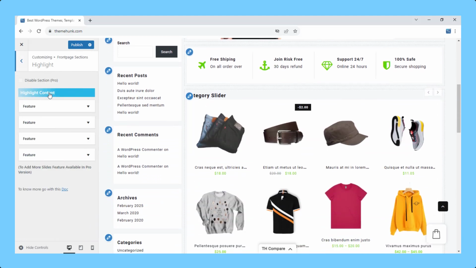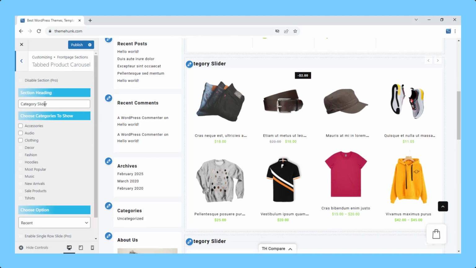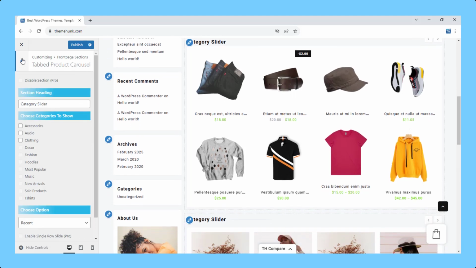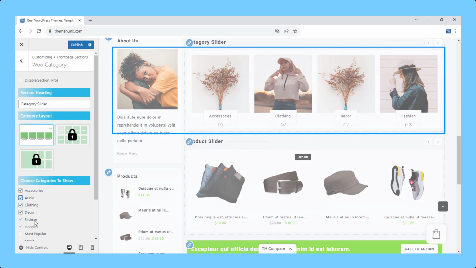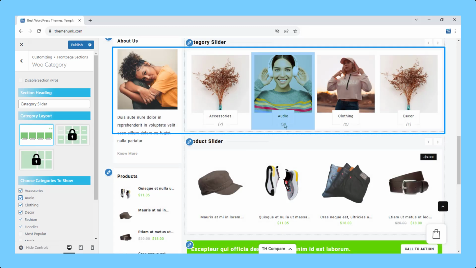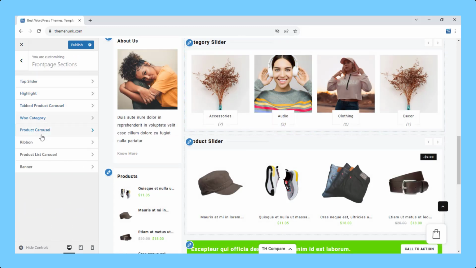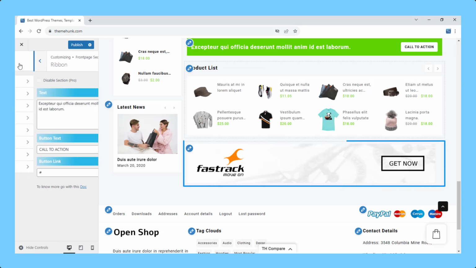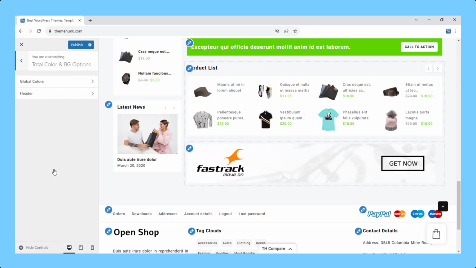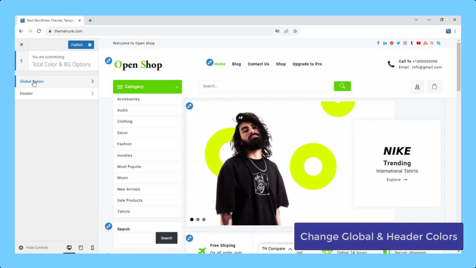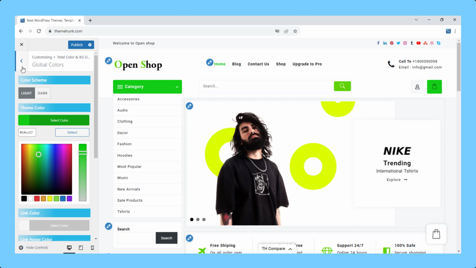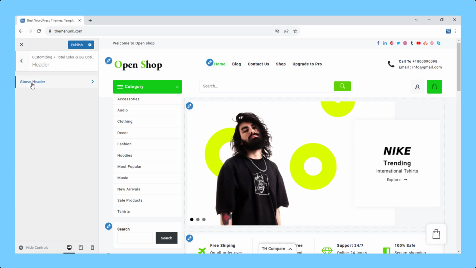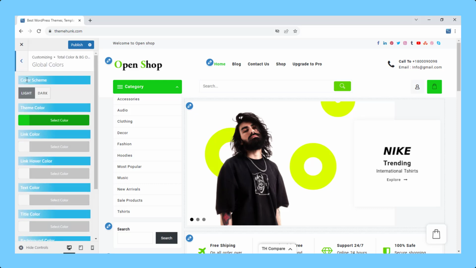When you click on any section, the section will appear on your screen and you can make suitable changes. As I am adding another category to this section, as there is a ribbon showing, you can change it too. From total color and busy options, you can change the colors of theme and header. You can select different colors for theme, link, hover, text and title. If you want to set up an image in the background, you can also do so.